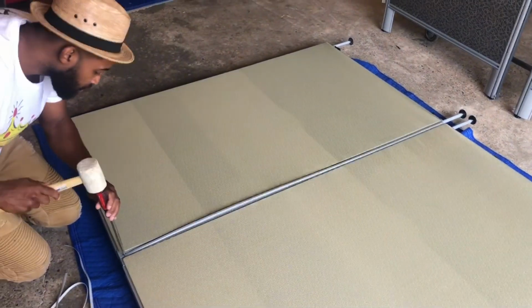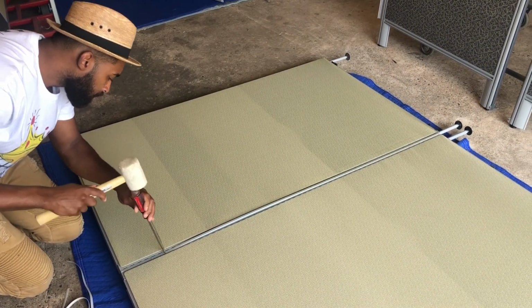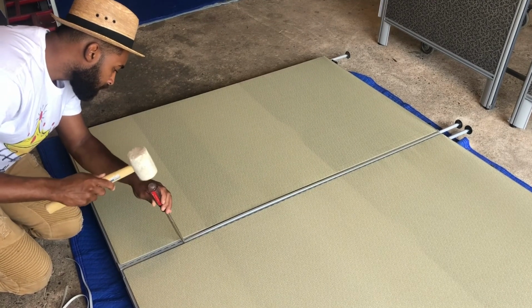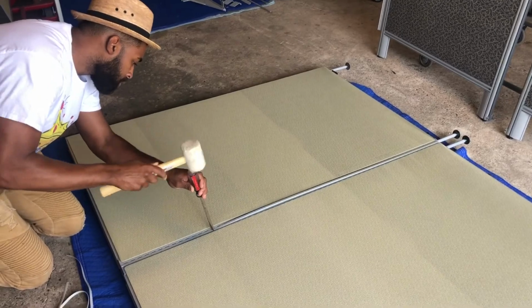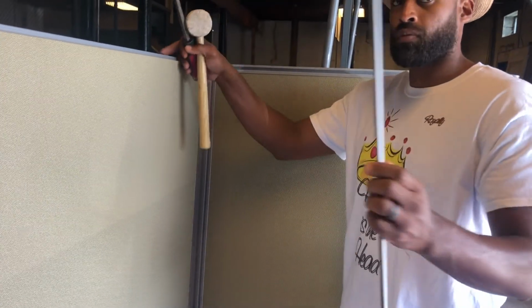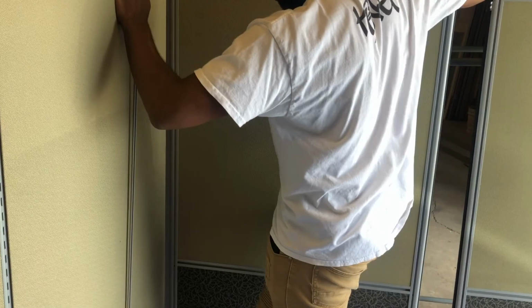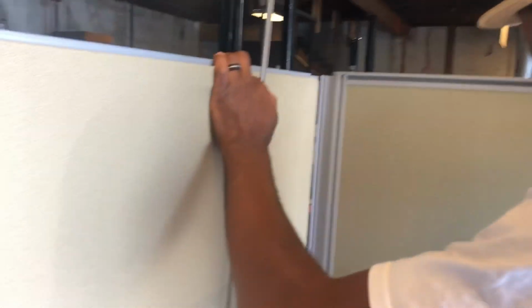And here he is. We're just gonna do the same thing we did to the other side. Connect that plastic with a hammer all the way down. It's gonna be the same thing when we stand up and connect the other two panels. The same connector plastic, we're gonna connect the two-tone panel, the first two-tone with the deep rail, to the solid panel. So we just line it up,